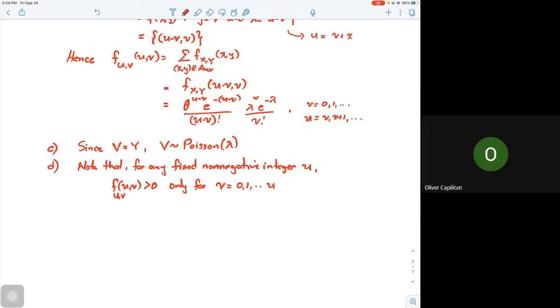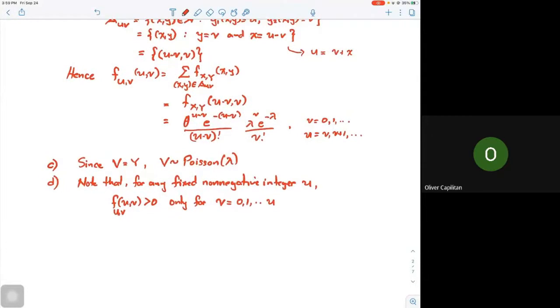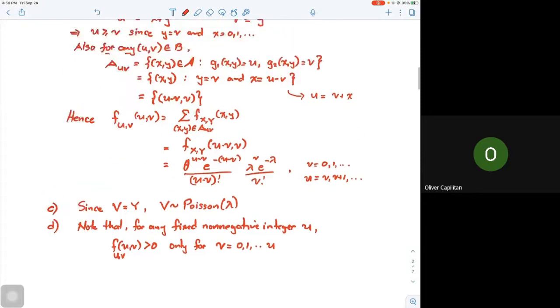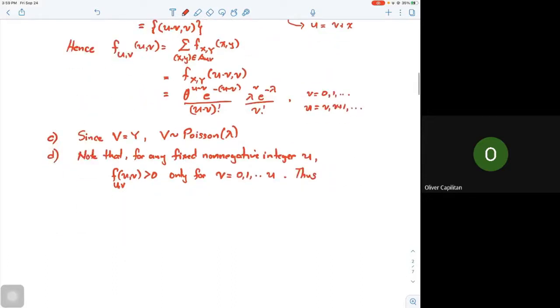Okay, since u is equal to v plus, since we know that our u is greater than or equal to v, v would be from 0, 1 up to u. Thus, if we're going to compute now for the marginal PMF of u,